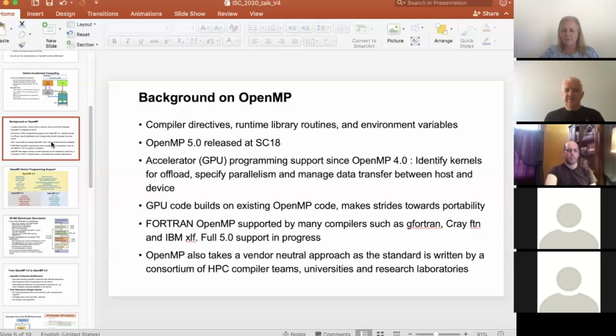And all the reputable compiler vendors at this point have decided they are working towards fully supporting OpenMP 5, and that gives us a nice standard for everybody to use. And the idea is that with the standard, we gain portability. So our GPU code that we will show in this paper builds on the existing OpenMP code and makes strides